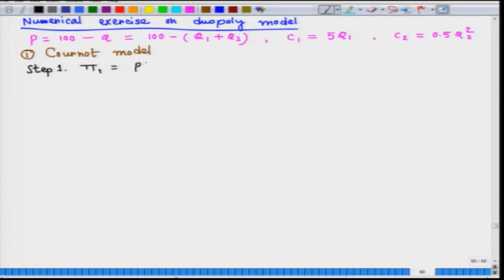So, it is going to be the revenue earned by the first firm minus the cost incurred by the first firm, right, and then we get 100 times Q1 minus Q1 times (Q1 plus Q2) minus 5 times Q1, right. Okay. Similarly, one can write the profit expression for the duopolist 2 or firm 2, and that would be